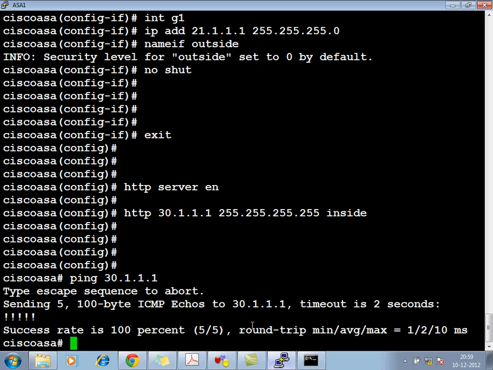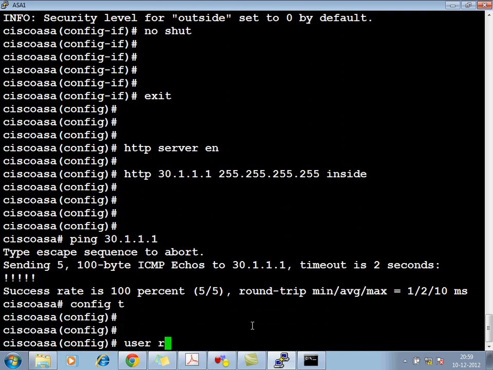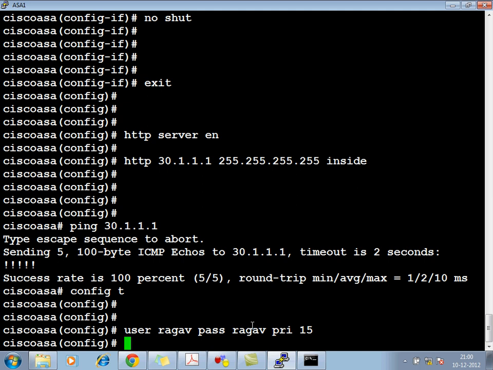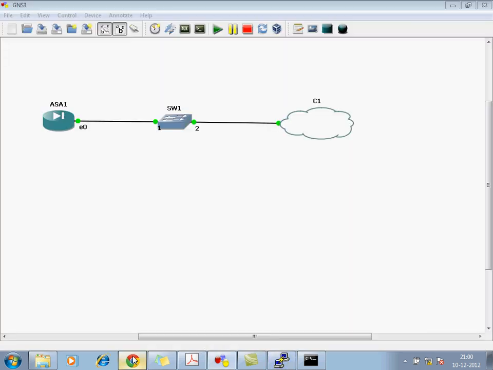I have to give the username and password also. Here it is different: username, password, then privilege. In a router also you can give the same command, but for CCP you have to give privilege at the middle level. Privilege you need to give.